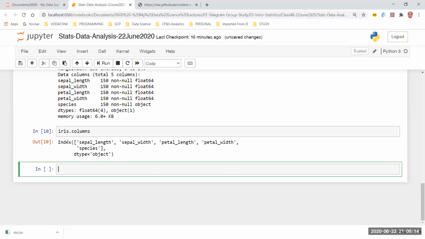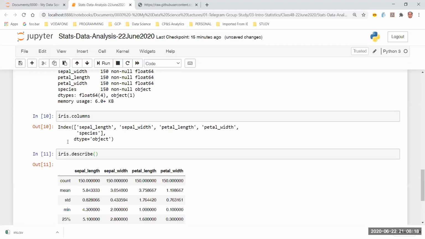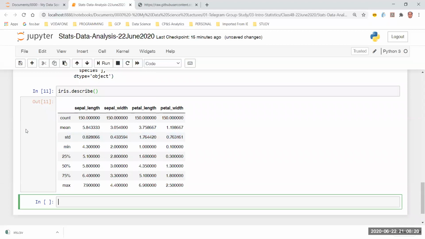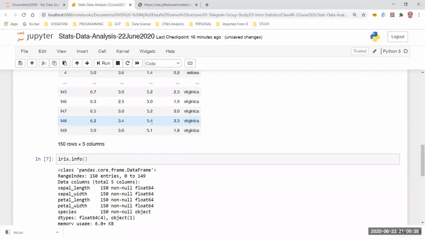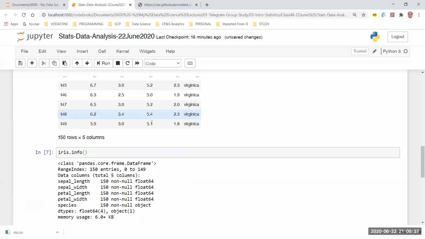Now, another very important thing which we have seen earlier. Let's quickly try to run that and see how it goes. iris.describe. This gives you the 7-point summary: count, mean, standard deviation, minimum, 25, 50, 75, max. Why is this a 7-point summary? Because count is something which I've already got from the info output, or you may already know beforehand.